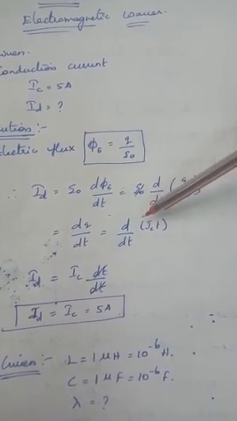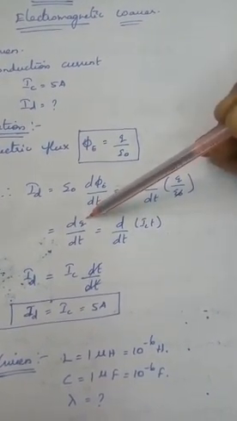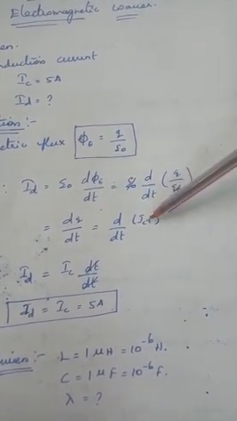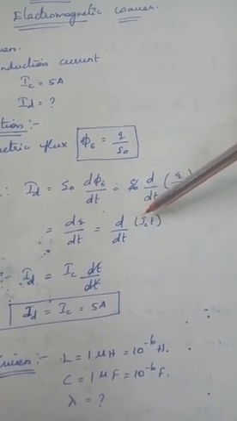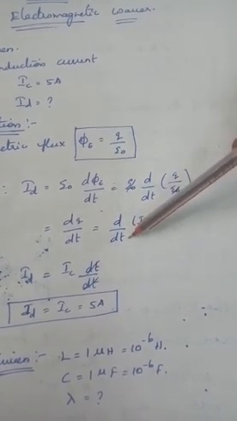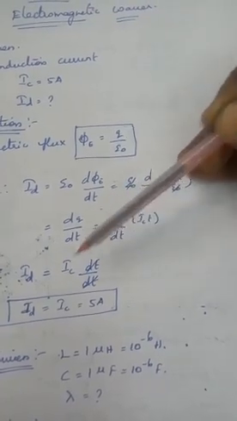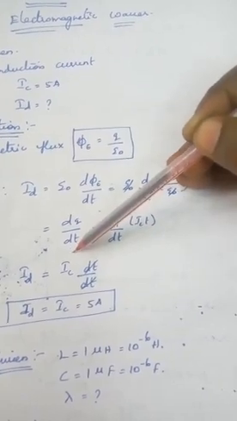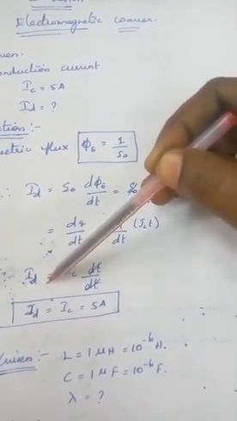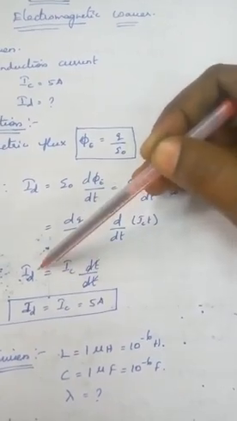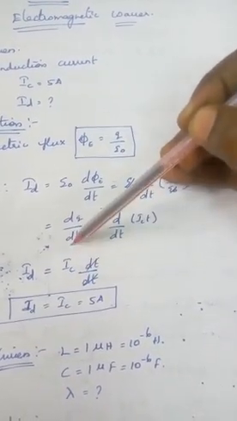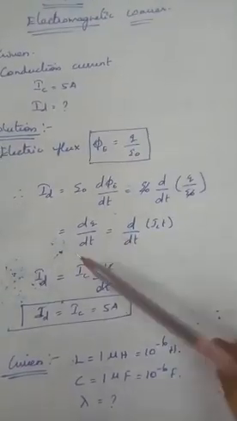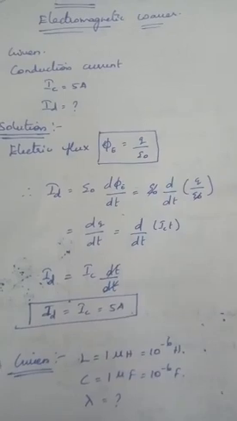What is the Q value? Already you know that I is equal to Q by t, so Q is equal to It. Here I is referred to as the conduction current. So ID is equal to d(IC t) by dt. The constant IC you have to take out, so IC dt by dt. The dt cancels, and finally we get the IC value. So ID is also equal to IC. That is, the displacement current is equal to the conduction current, so the value is the same. It is also equal to 5 ampere. ID is equal to IC is equal to 5.